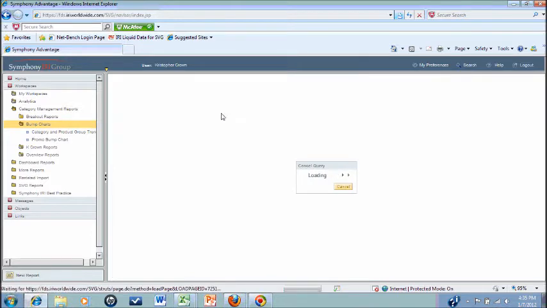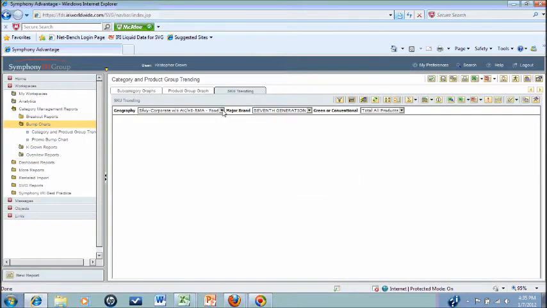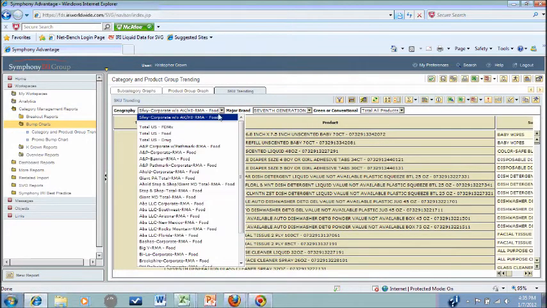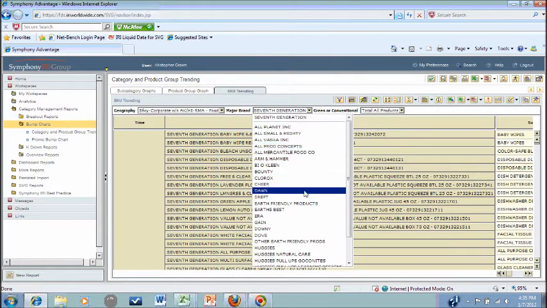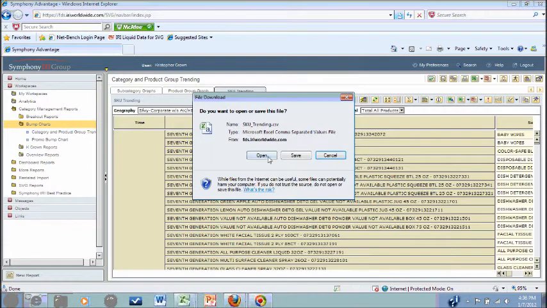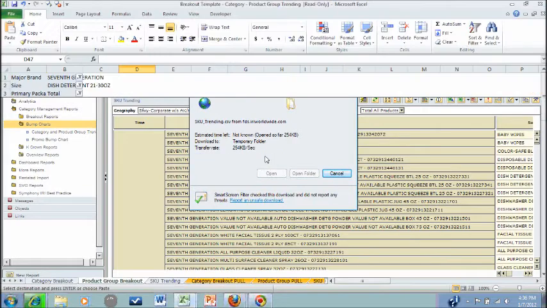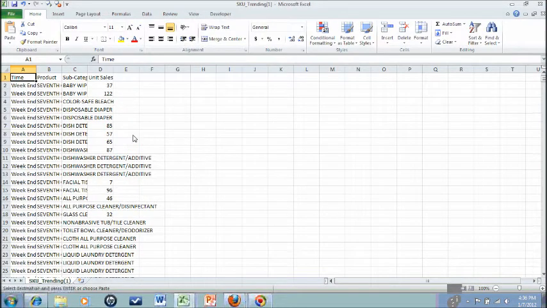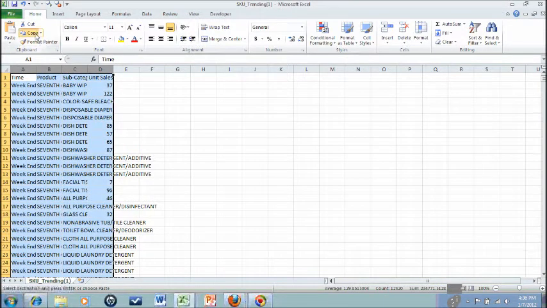The next tab, SKU Trending. Again, you're able to pull by geography, by the specific brand that you want to look at, and whether or not the product is green or not. Again, pull this data as a CSV file. And here, instead of selecting everything, you're going to select columns A through D, copy that,